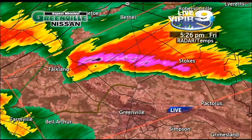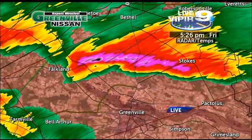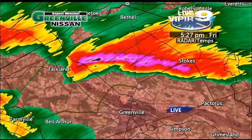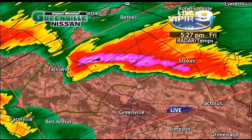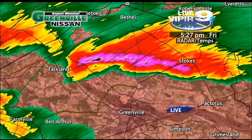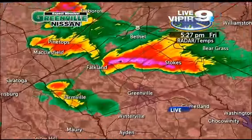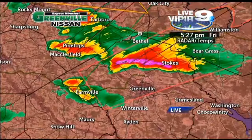We do have a possible rotating wall cloud near Falkland. That's where we were just looking. So again, that storm is starting to wrap up, and there's still a tornado warning. Greenville, we can give you the all clear, but Falkland and up towards north of Welcome Middle School now,